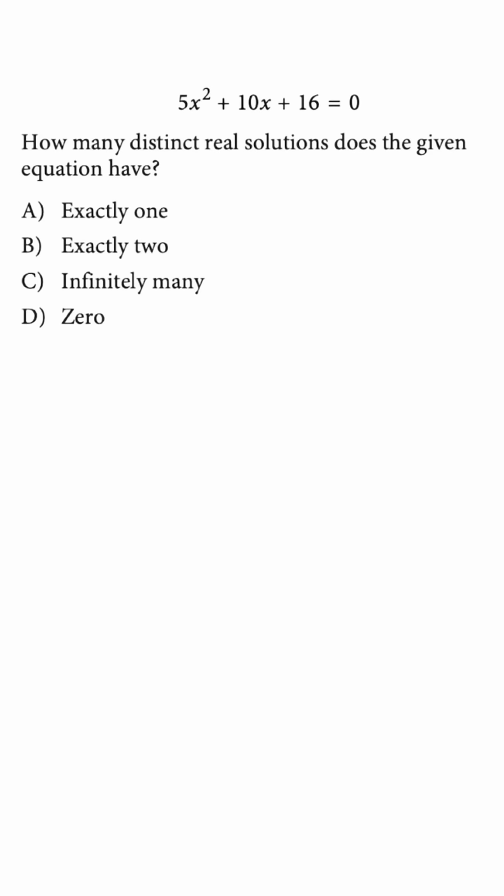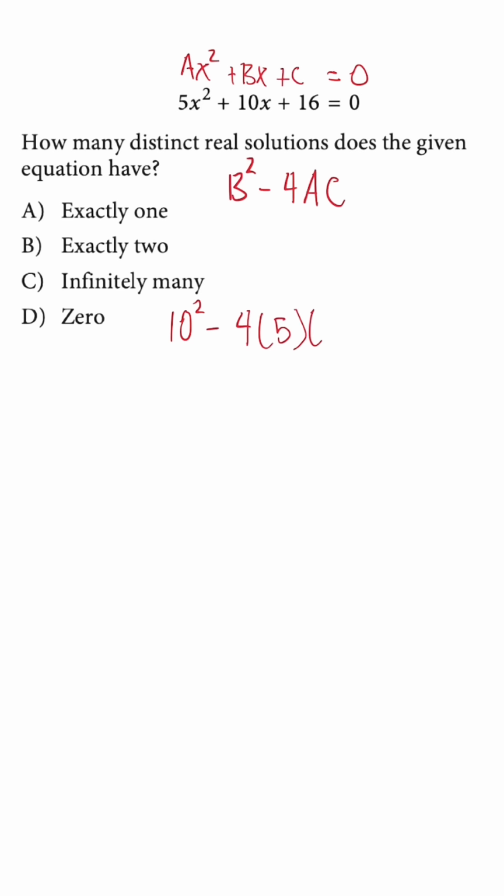from the quadratic equation. And we could quickly do this by using the discriminant, b squared minus 4 times ac. And when we look at quadratic equations, just remember it takes this format. So we're just plugging in. So b is going to be 10. So we have 10 squared minus 4 times a, which is 5, times c, which is